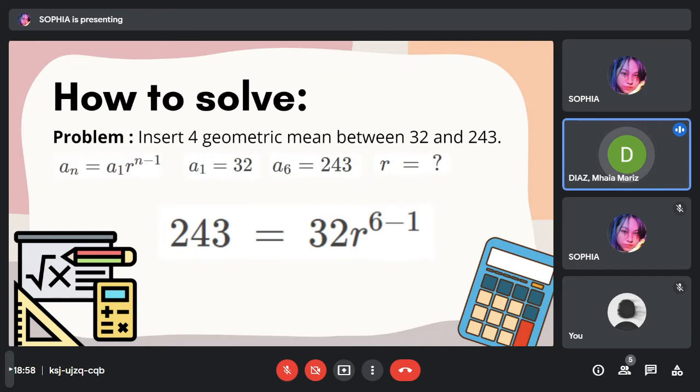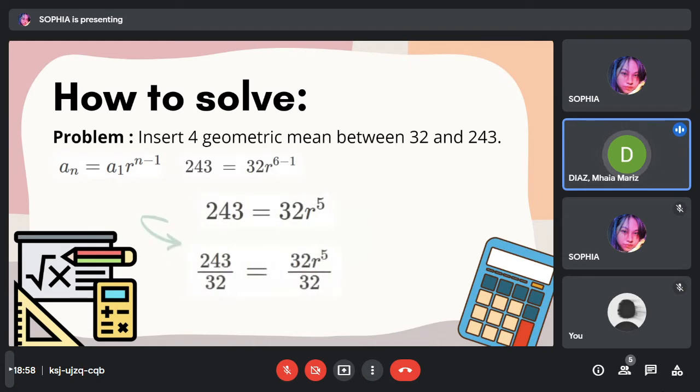After identifying these terms, we can now proceed to solve for our common ratio. Following the formula, it should be written as 243 equals 32 times r raised to 6 minus 1. After subtracting, it should be 243 equals 32 r raised to 5. Now we proceed to divide 243 by 32, and 32 r raised to 5 is divided by itself, so we can